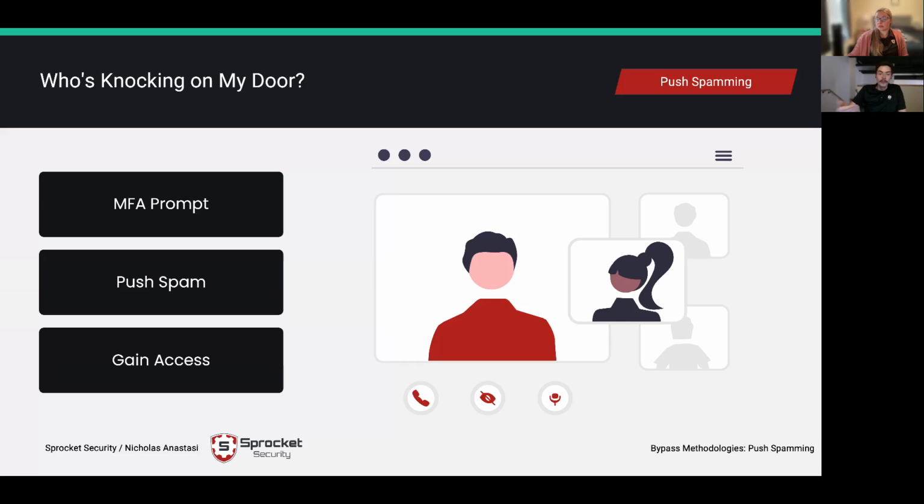The user will receive that push notification, and depending on the time of day and what their workflow and schedule looks like, generally what a user should do in reality is look at that push notification and go, this isn't legitimate, and deny it. And usually we might not think much of that.